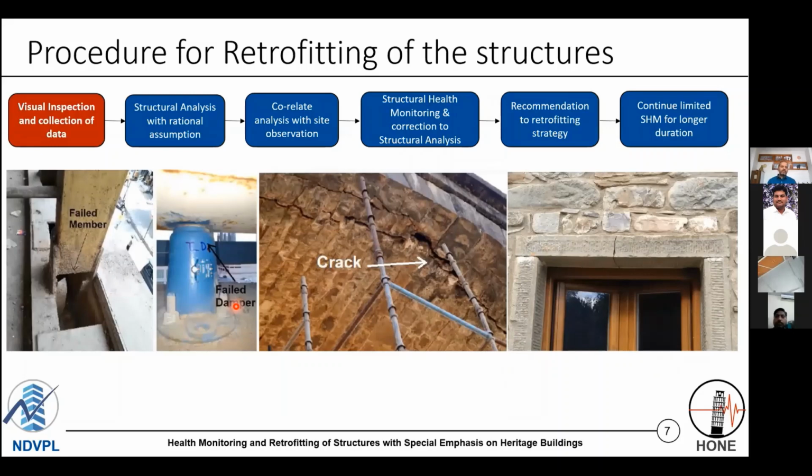Not just heritage masonry structures, but if we see our regular industrial structures, residential structures, there are problems. Like one project we did in Qatar, we observed that there are failures in dampers, failures in members. So these we need to collect when we are visiting the structure. Another example I am showing is a bridge at Kasara, where there are longitudinal cracks. Another one is a farmhouse at Tuscan.